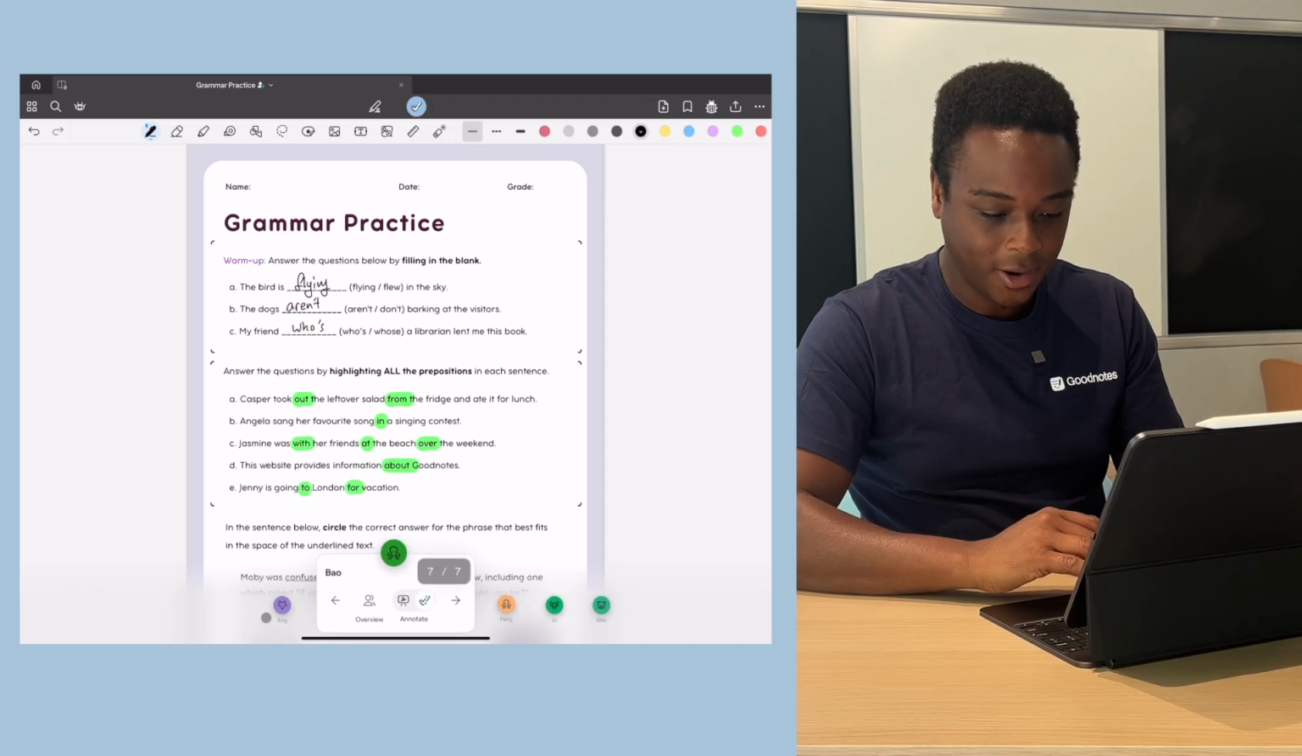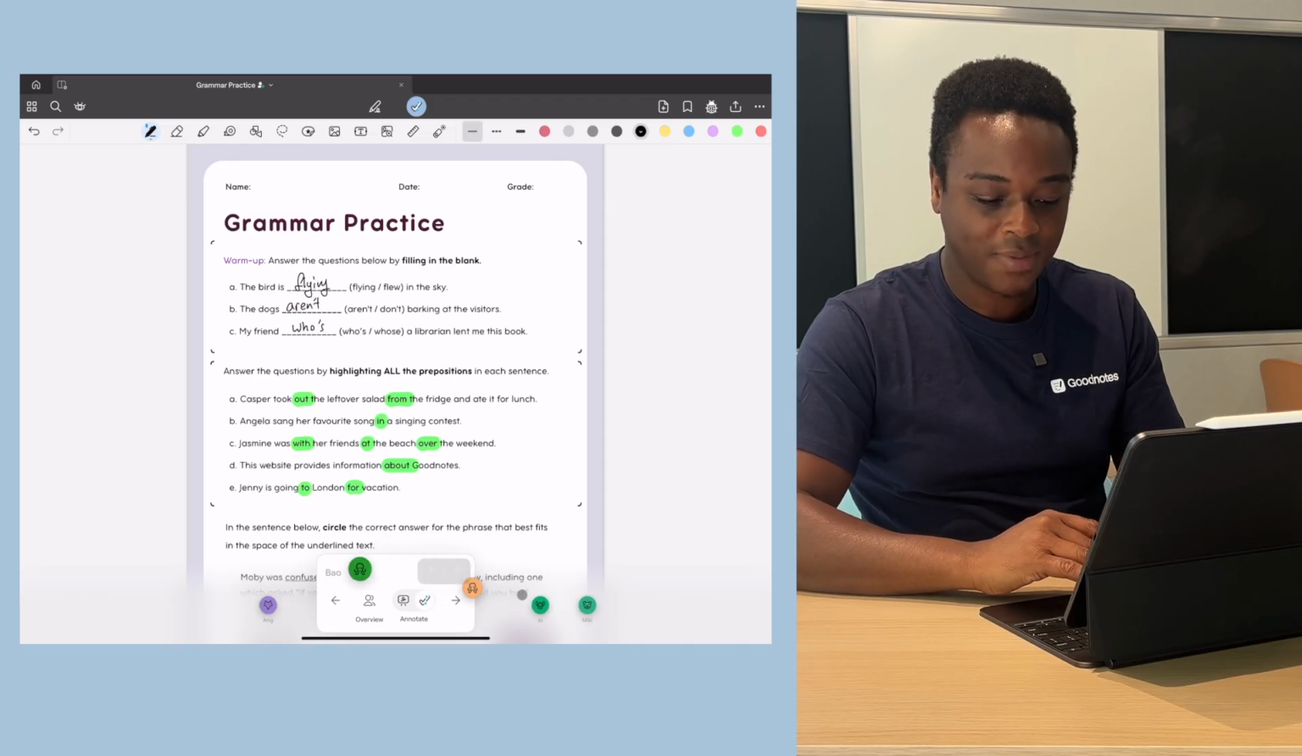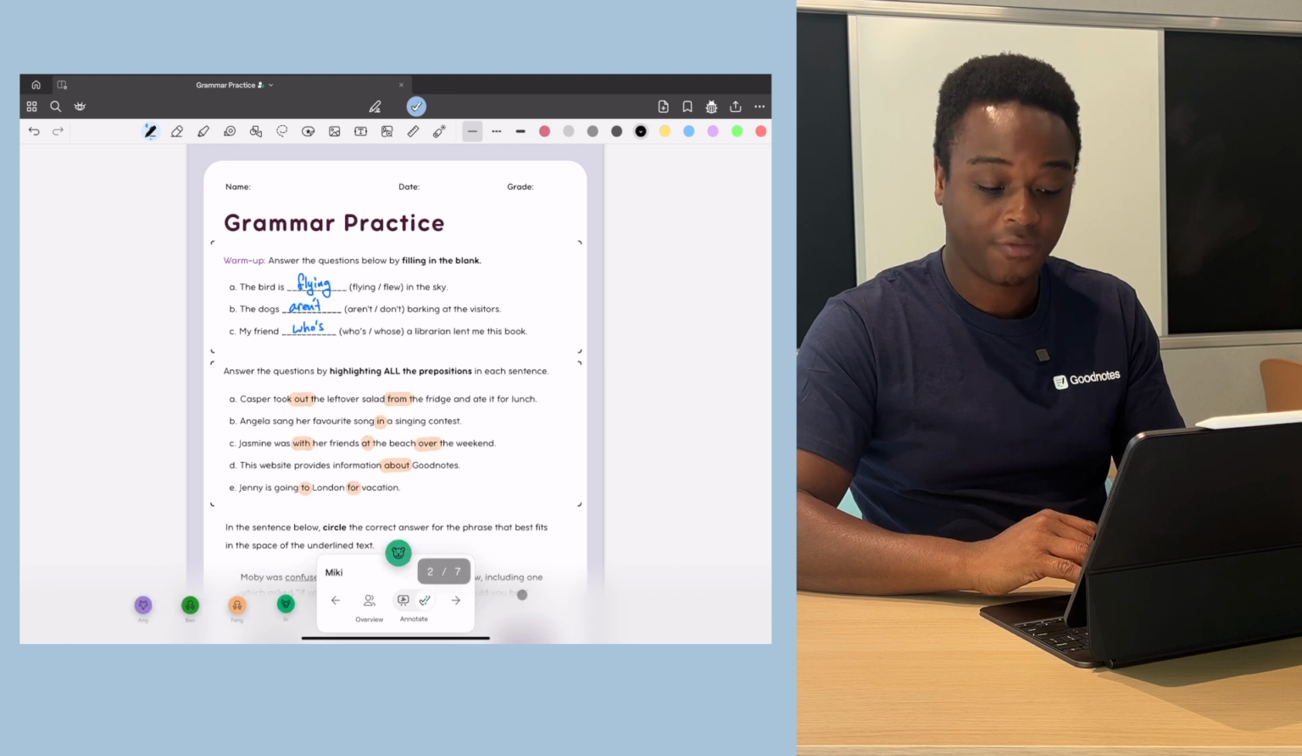I can go back to the first page, and you can see at the bottom, all of the total scores have been updated to reflect the points that I've